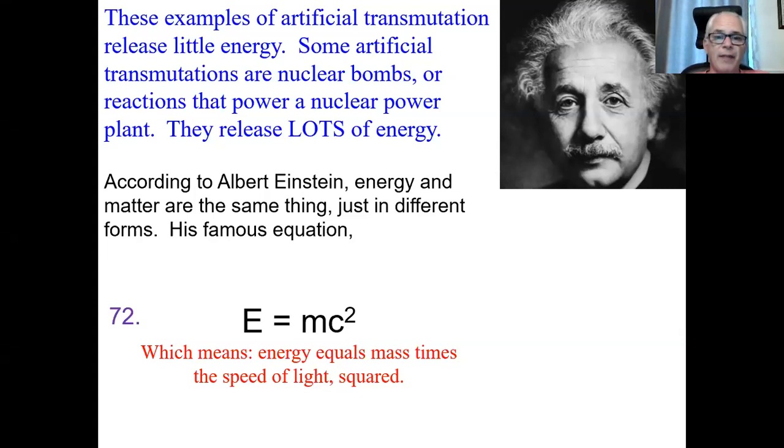The speed of light is a constant. It's a humongous number. It's approximately 186,000 miles per second. So if you can imagine a number as big as that, squared, a gigantic constant squared, times matter, that would equal energy. Now, what he showed us with this equation, and this is not simple math,